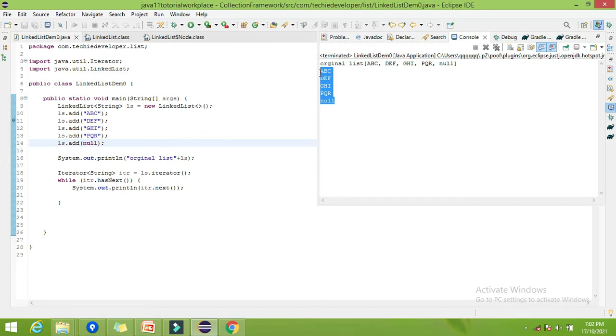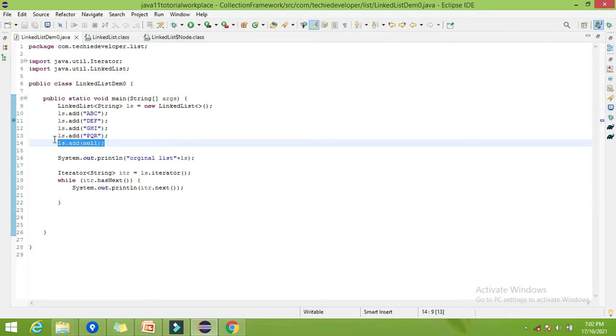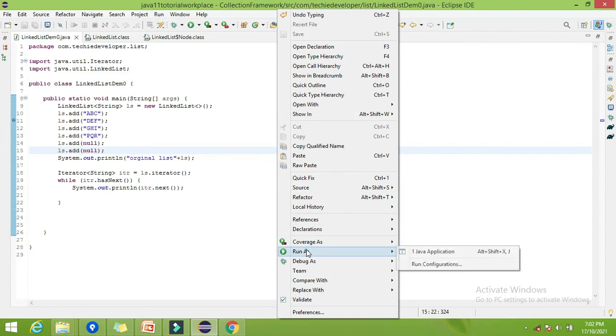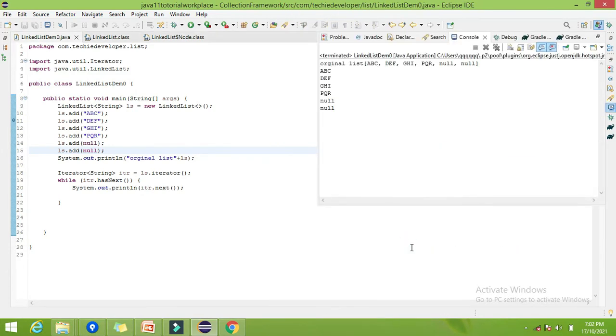This property is also valid for the linked list. Now can we add multiple nulls? Let's try to run this. Here you can find we are getting null twice, which means null can be inserted multiple times.